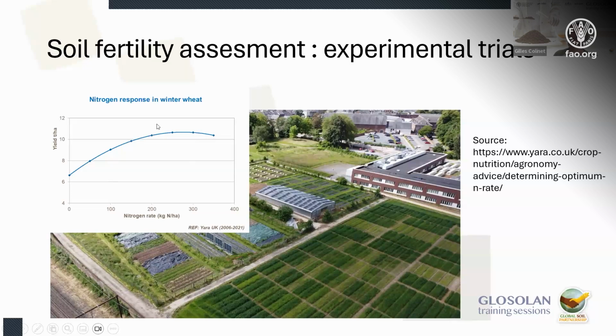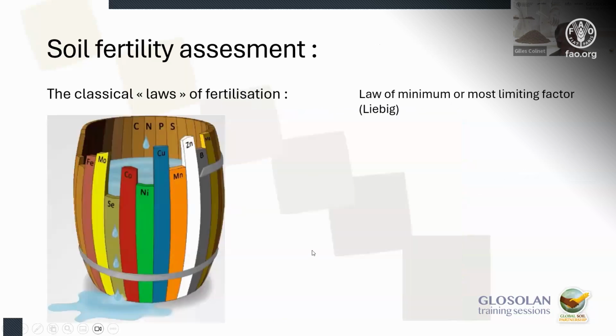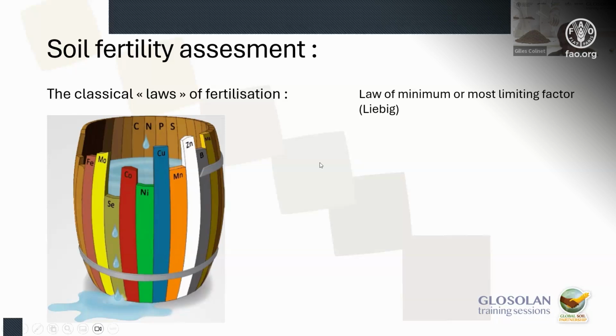When you are at the plateau, you know that you have the appropriate number of kilos of nitrogen per hectare. You don't need to go further. So the idea is to make trials and see if you need to put in some additional elements. That's what's called fertilization, and the fertilization